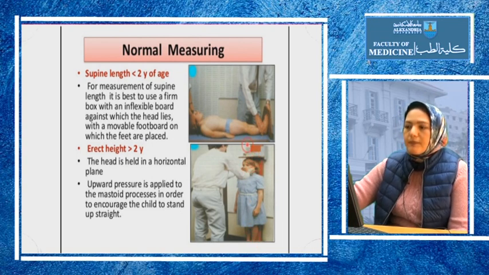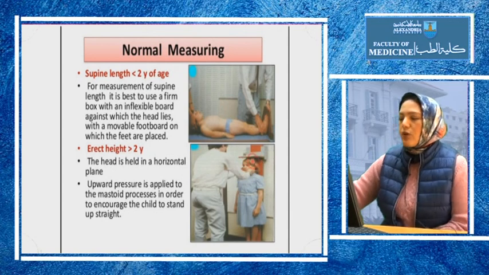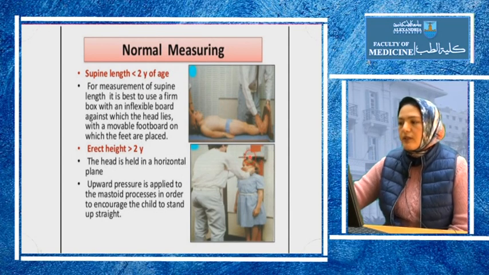The patient is standing, and here we use what is called a stadiometer. This is the stadiometer, which is a measuring scale against the wall, and the patient stands against the stadiometer. The head is in horizontal plane, as you can see here in the picture. The head is midway between flexion and extension. There are 4 main points touching the posterior wall: the occiput, the shoulders, the hips, and the heels. And finally, you take the measurement from the highest point of the head or the skull.